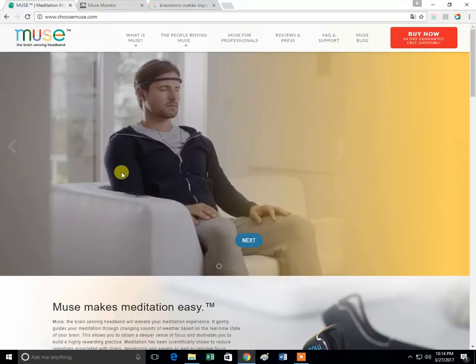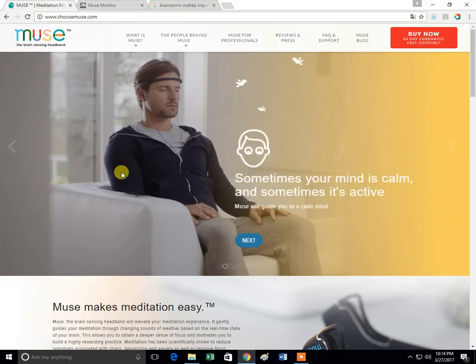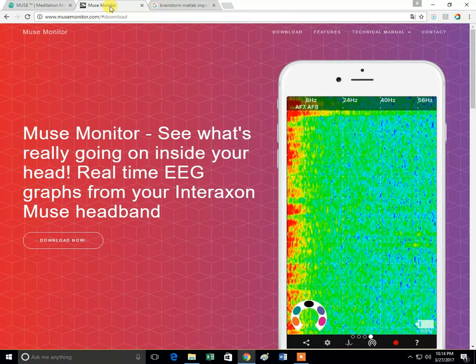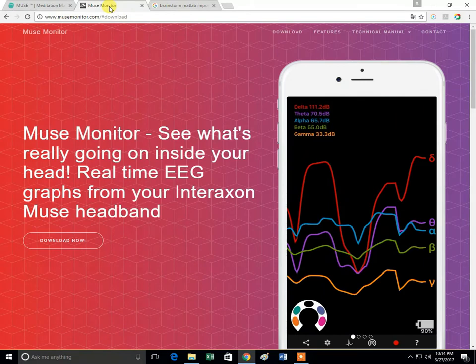To realize this view, we must make some steps. First, we need to install an application, Muse Monitor, on our phone device and read the technical manual